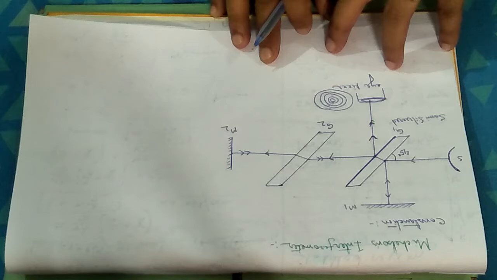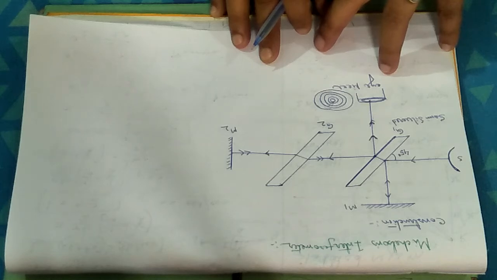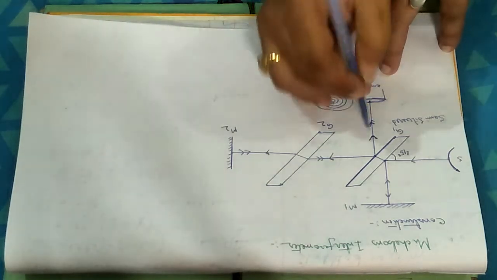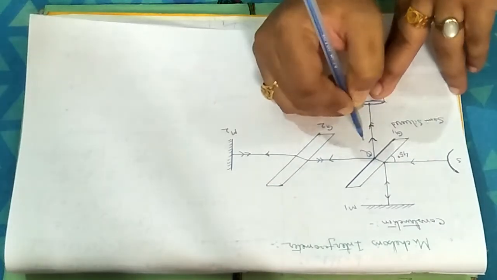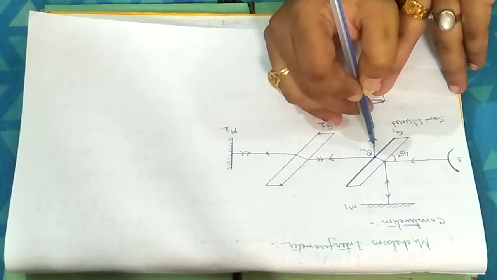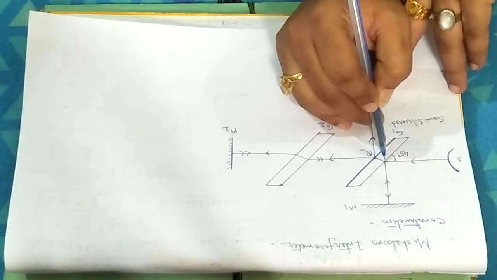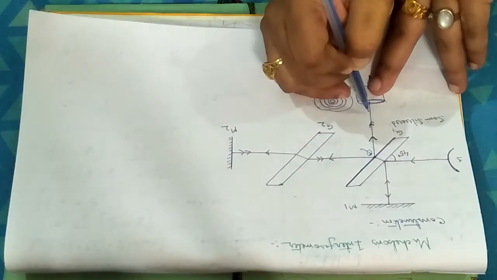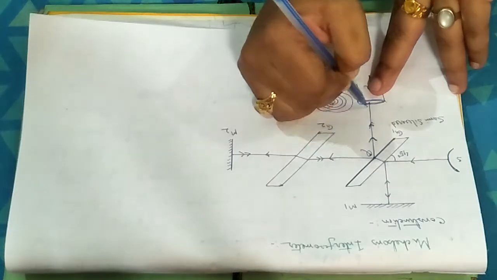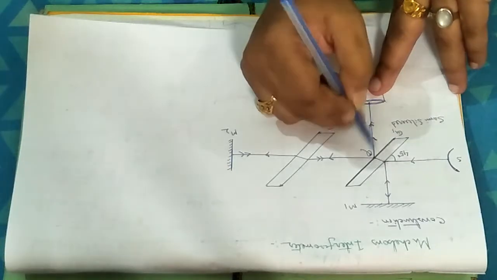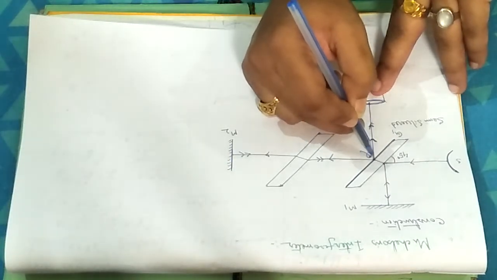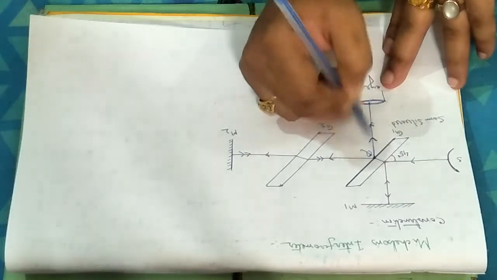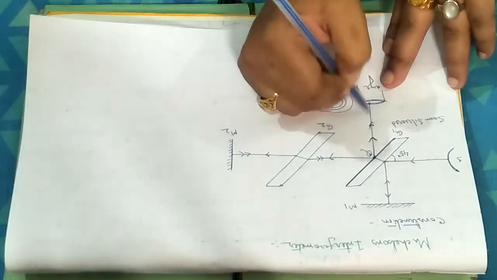Interference can be formed because of the introduction of a path difference, and the phase difference introduced because of the path difference. So how to calculate the phase difference between these two interfering rays? We can calculate it. First, let us consider this point as Q. I am considering the first ray which is going in the upward direction, then going backward in the downward direction. In this downward direction, both the rays are traveling an equal path, from this point Q to the eyepiece. So I am not bothered about this path.